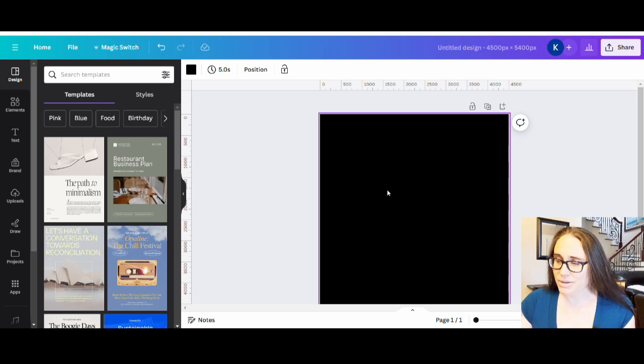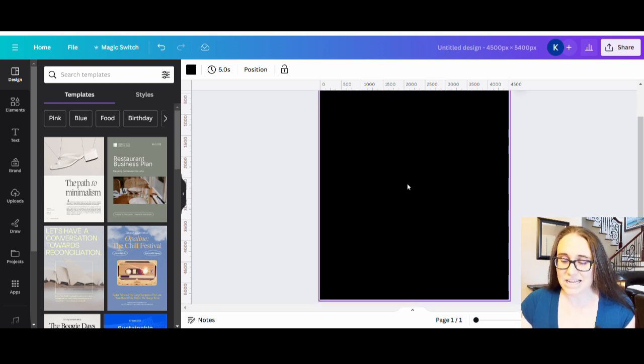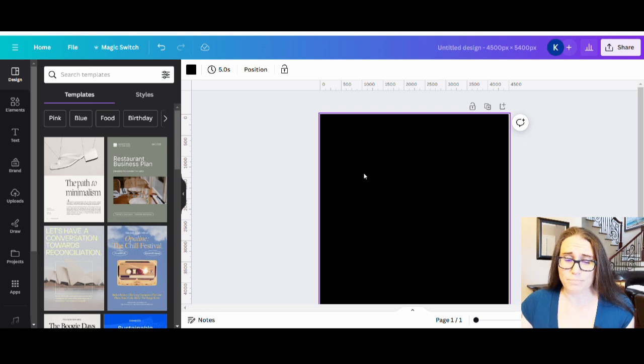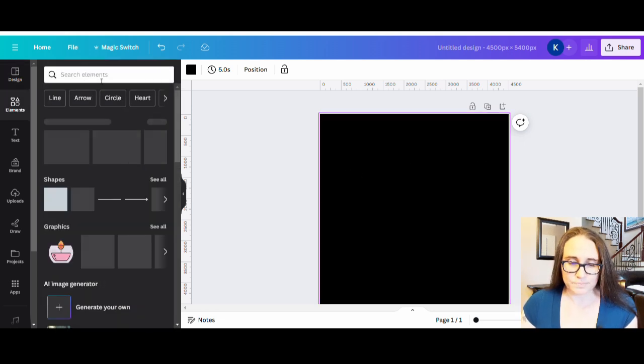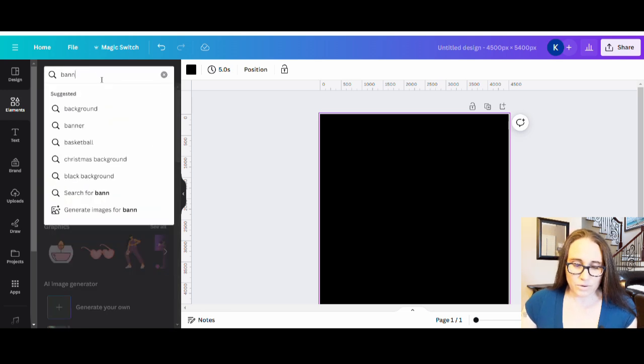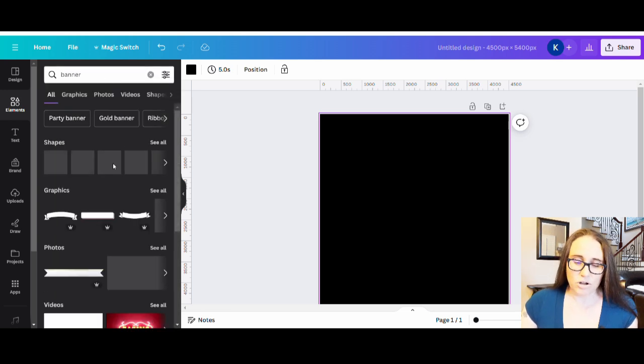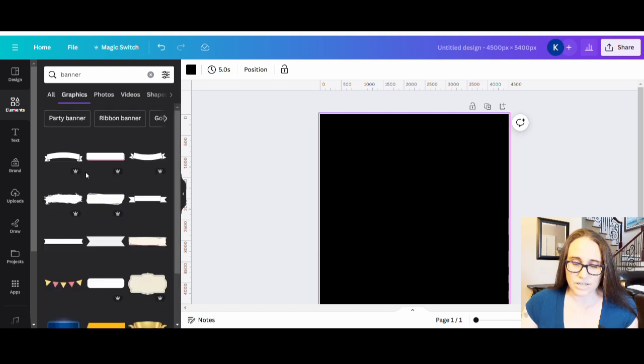So let's go ahead. We're going to make our St. Patrick's Day drinking shirt. So instead of starting with text, I'm going to have a banner with text on it. So I want to start with sort of my banner. And so I'm going to go over to Elements. I'm going to search for a banner. And we're going to go with graphics, and there are all sorts of different banners that you can use, and